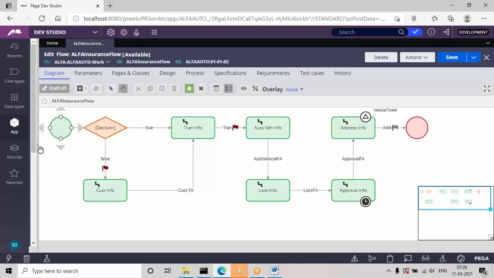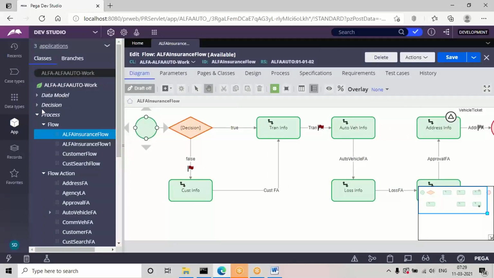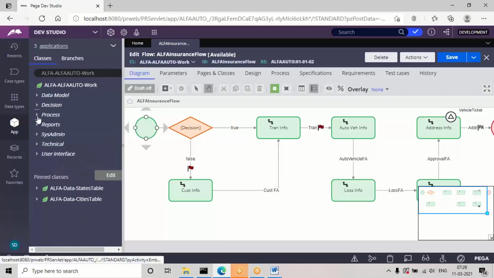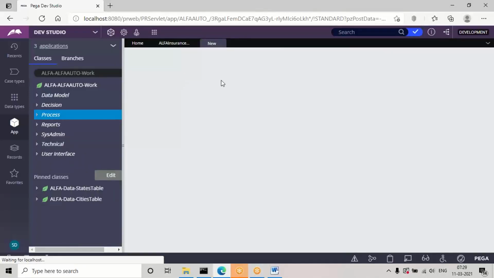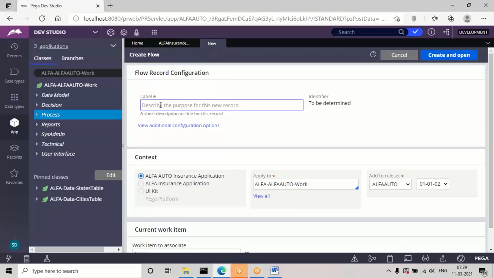In order to open the screen flow, screen flows are also added from the process category, using the flow option. But where the difference comes in is, first give a name. If you open it now, it will become a process flow. But to add a screen flow, after the name is given, click on the additional configuration options.